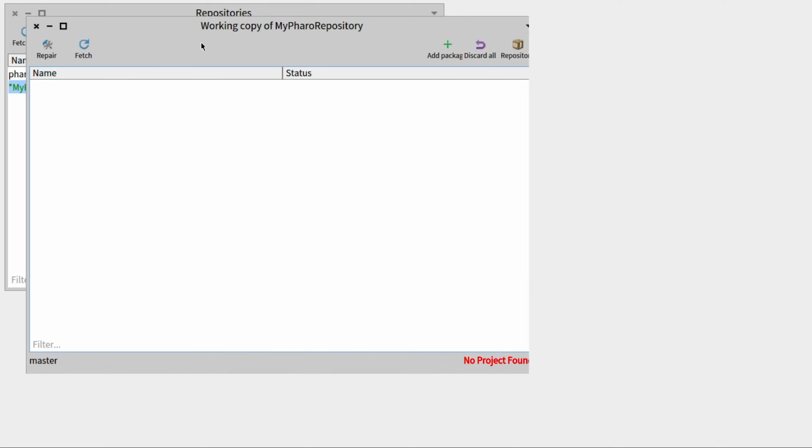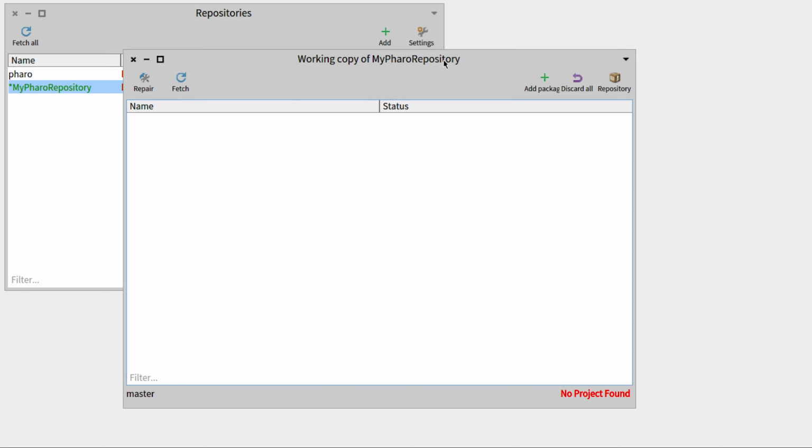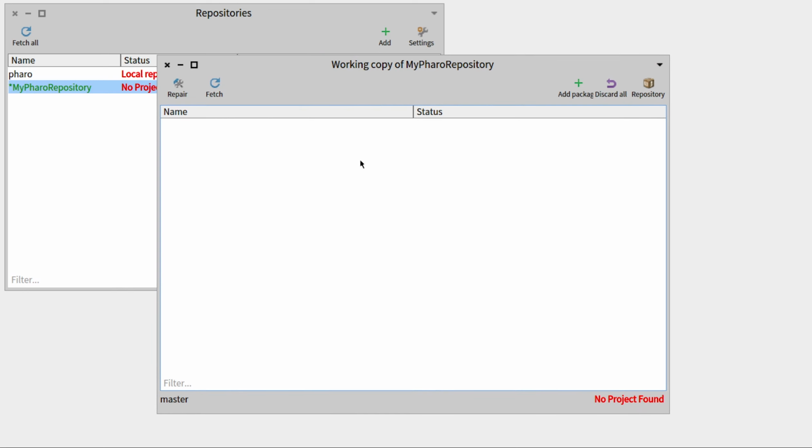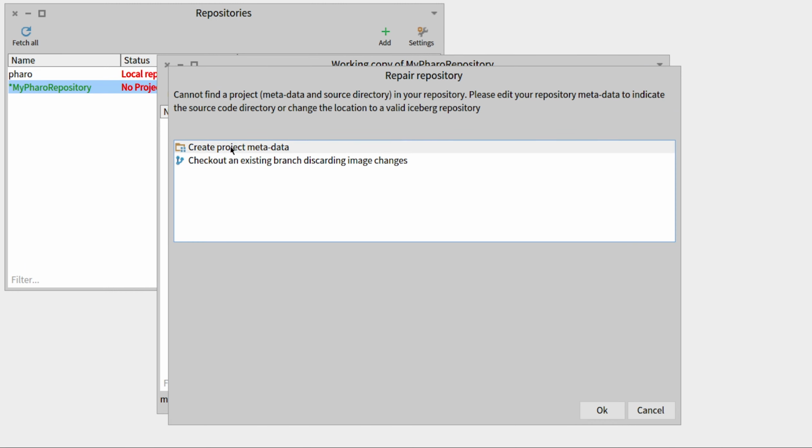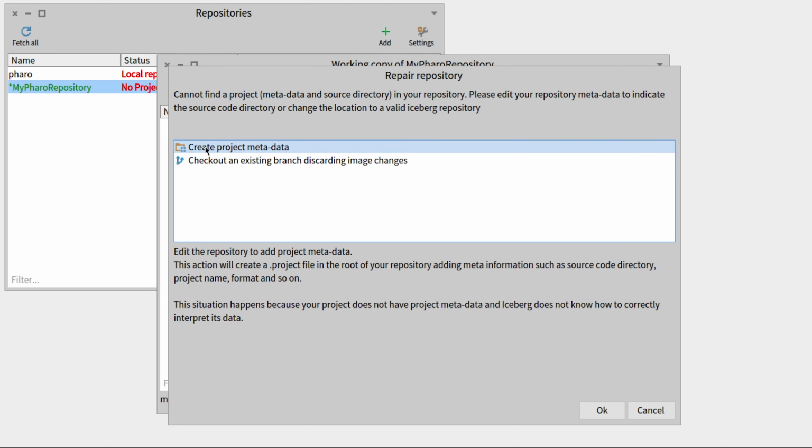So if you double click on that, it will open the working copy of my Pharo repository, and since the status is red, we can go over to repair. So the changes that Iceberg wishes to make to your package will be listed from the more likely to the least likely. So basically this means create project metadata will be the thing we might want to do.